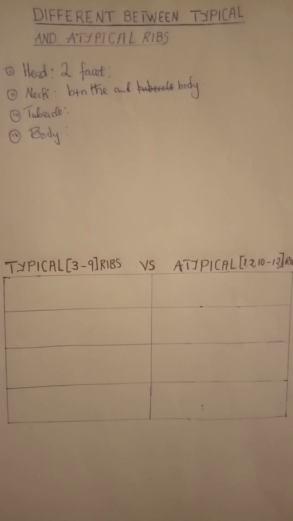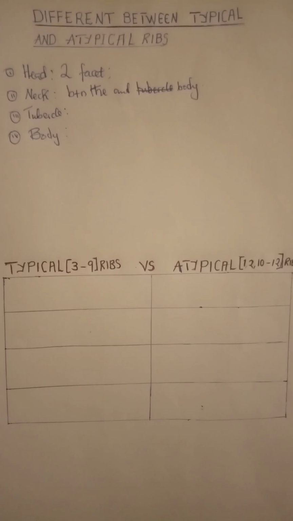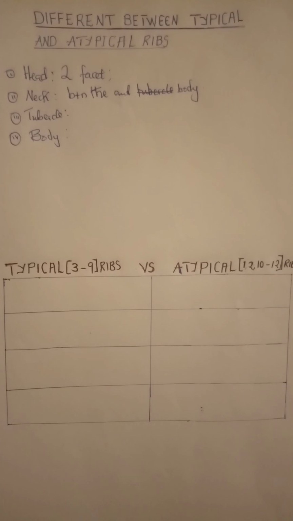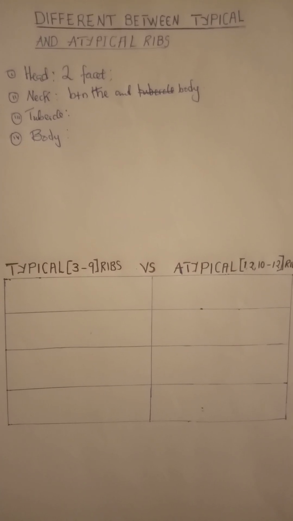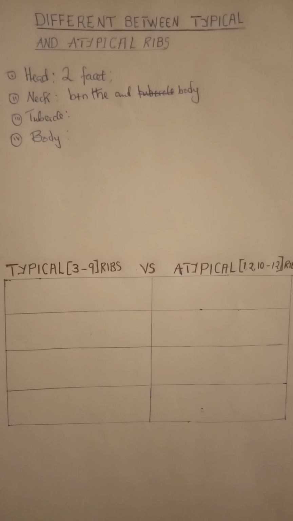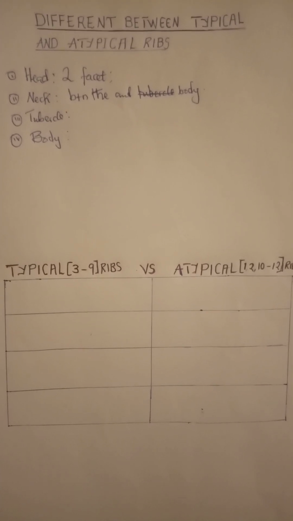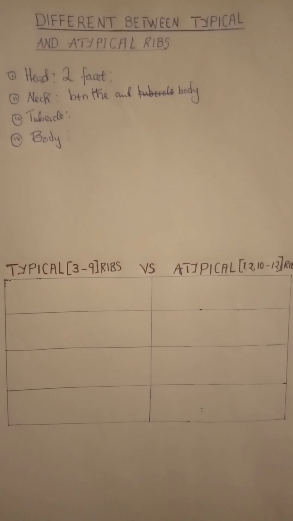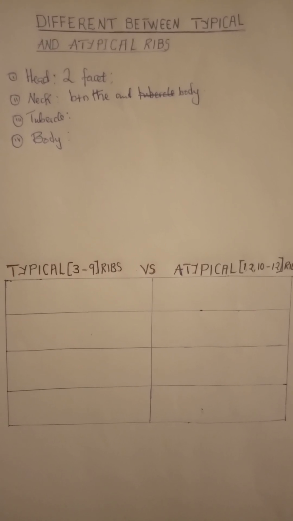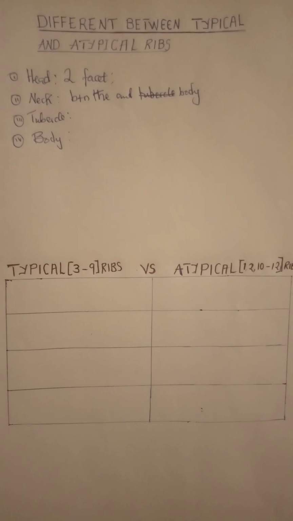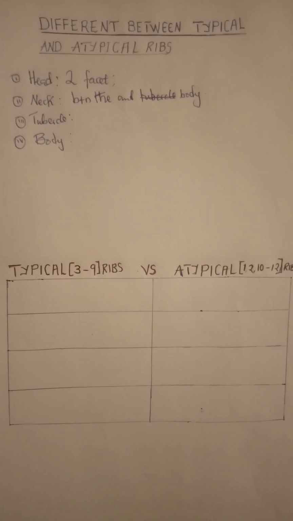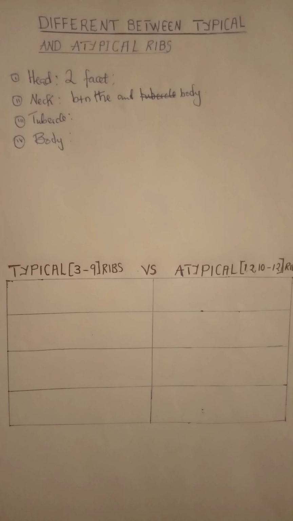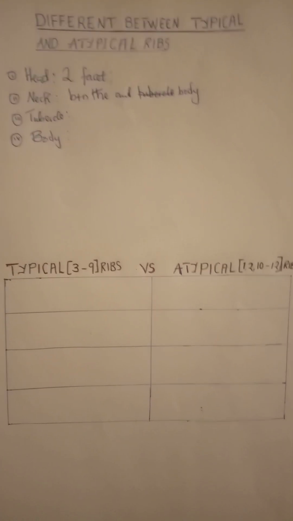Let's look at the difference between typical and atypical ribs. So the first thing I would like to establish is that ribs are classified as typical and atypical ribs. And when you talk about the types of ribs, we are basically talking about the true ribs, false ribs, and floating ribs. Those are the three types of ribs. So, coming back to our discussion,